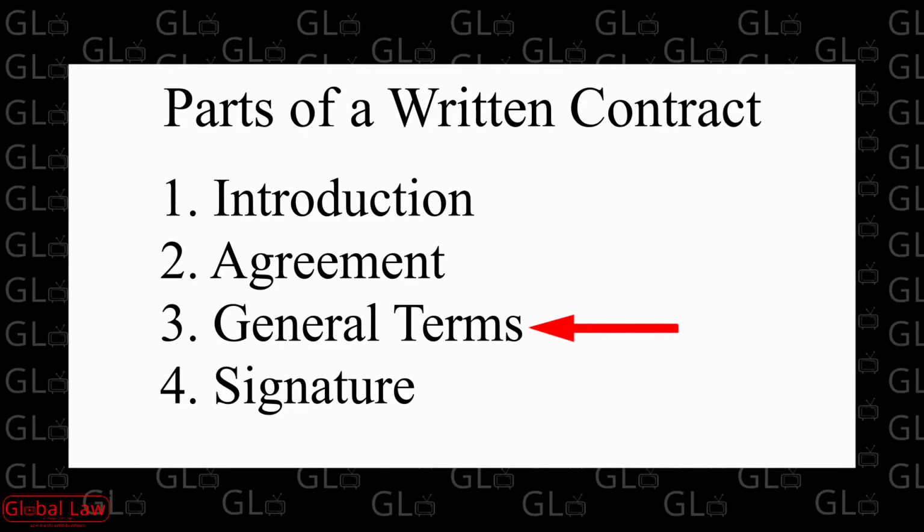Then I guess the third aspect of it is what they call the general terms. They may call it the boilerplate terms, or they may say miscellaneous. But these are not insignificant terms. Everything in a contract is there for a reason. That contract is ironclad. The words are there for a reason. No one just puts words into a contract for no reason.